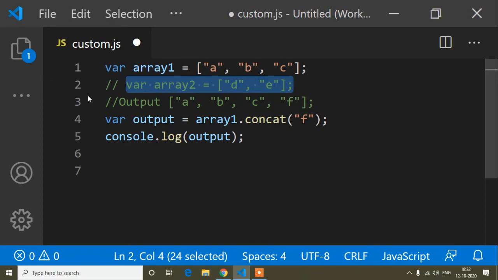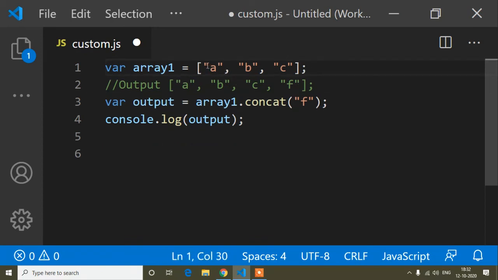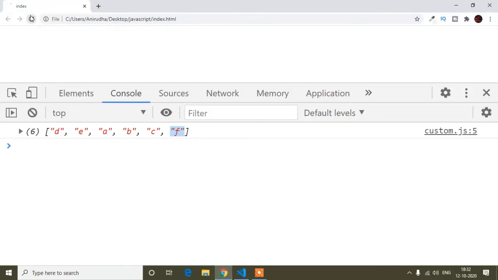I will remove this, because I don't need it, since here we are getting this abc, and we just need to add f. The f is external, so we need to add f. That's why we are concatenating f to array1, so array1 concat f. Now if I save and refresh, here you can see abc and f.